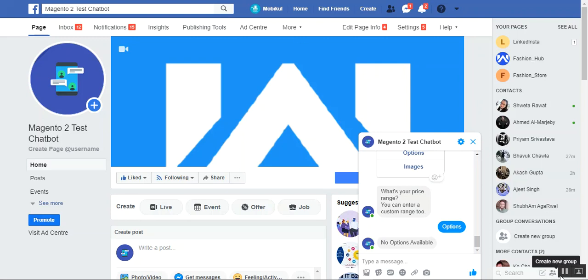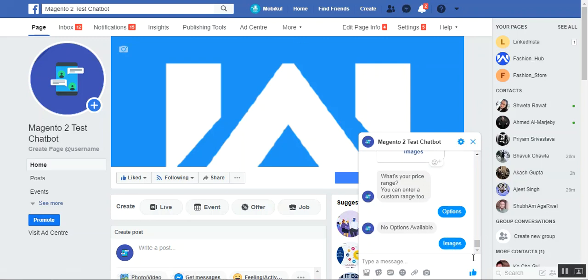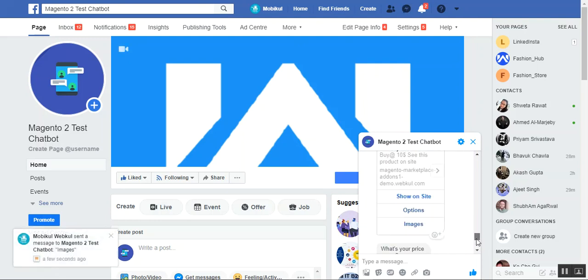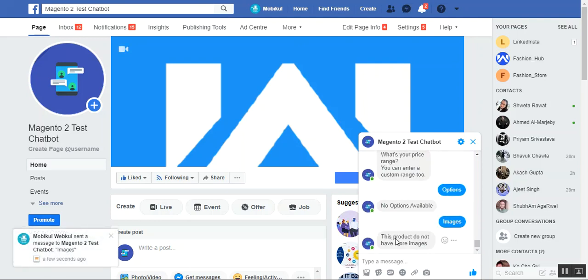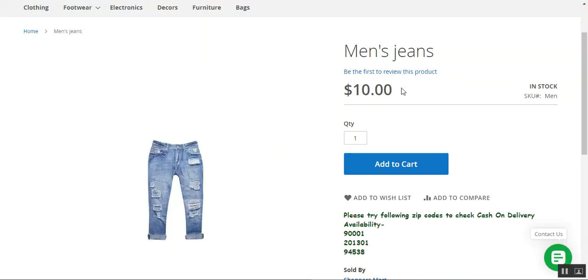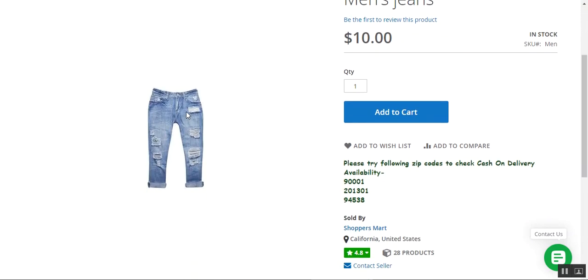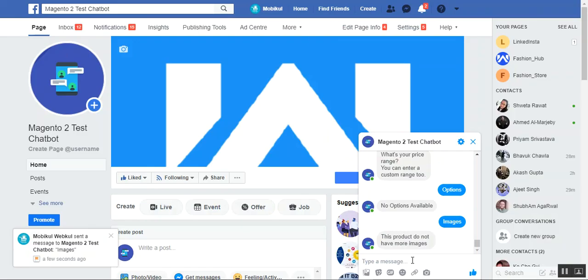Also, for example, if I tap on images for this particular product, that's the jeans, you can see that it says this product does not have any more images. This is the actual product page for this product, and here we can see that we have only one image. Now, for example, if I type in a bag,